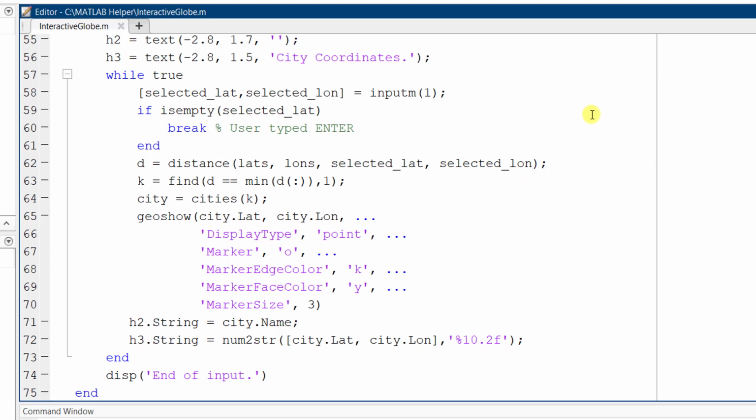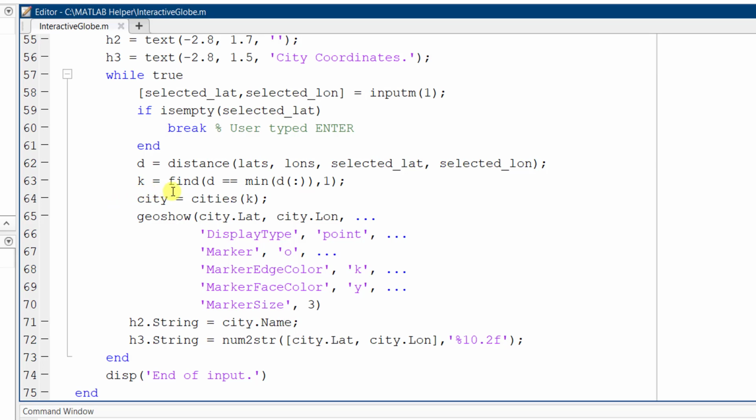So when you place the cursor at a particular place, that will be the selected latitude and longitude, and we find D. D will be the distances of the point that you have selected to all the red points that are around. So that will be the distance D array, and in that D array we'll be finding the minimum distance. So when you place your cursor at a particular point, then in the surrounding areas, the point that has a minimum distance to the selected point will be your city.